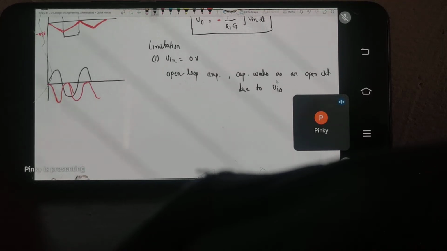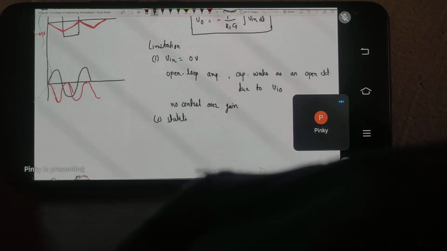Okay, so when there is no input, there is no control over gain, because in open loop configuration our gain is constant, 2 into 10 raised to 5. So how can we overcome it? When there is no control over gain, we can say it has no stability. So what we are going to do,